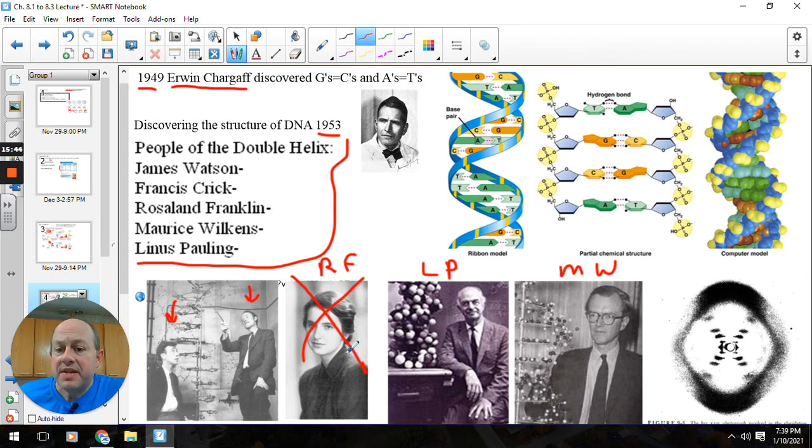So sadly, she had passed away. So that's their story. The other side says she just got ripped off because she was a woman. No one will probably ever know for sure, so you will have to make your own opinion on that. But that is a great story, and now we know the double helix structure for DNA, and the rest was